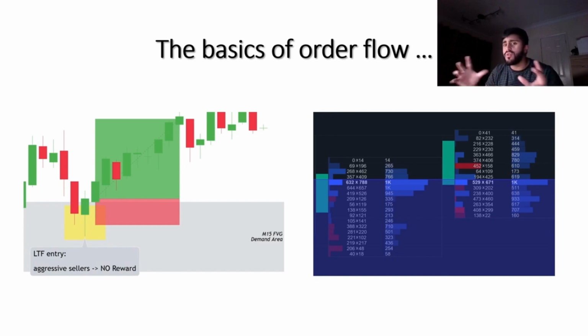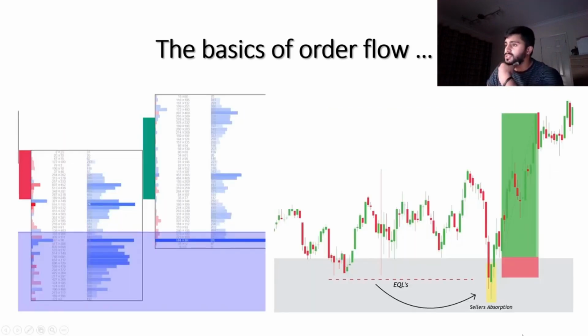And this is the true information that gives you the true logic and narrative behind the fair value gap, if it's going to hold or if it's going to break. And this is the true nature of order flow. And this is how powerful it can be. Another example would be this kind of trade over here. This was really, really interesting, where notice how